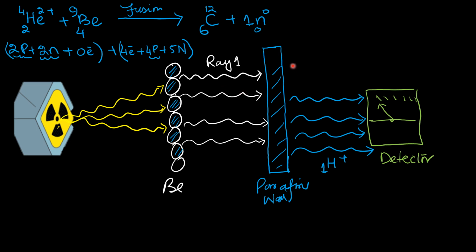These unknown radiations, when they fall on the paraffin wax, cause the generation of protons which were detected by a detector. The nature of these unknown rays was explored by passing them through positive and negative charge plates, but it was observed that these rays had no deflection